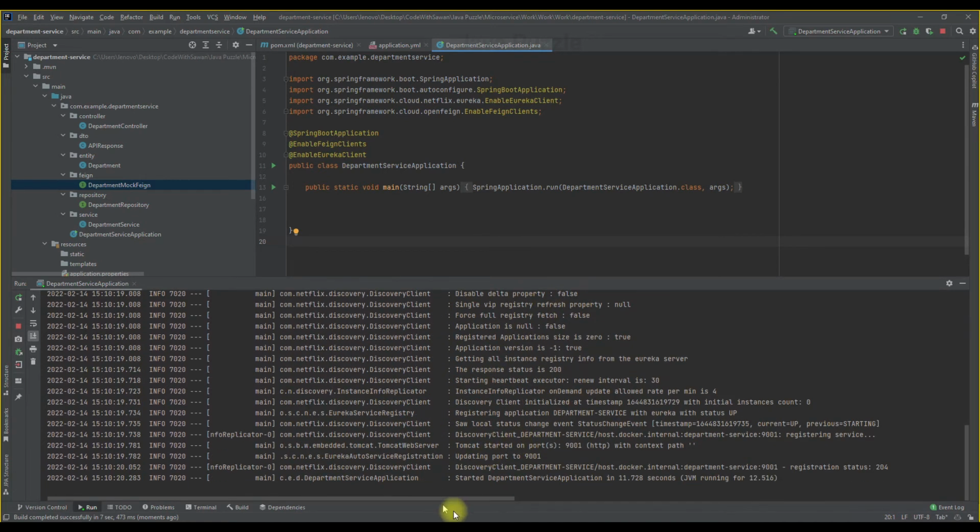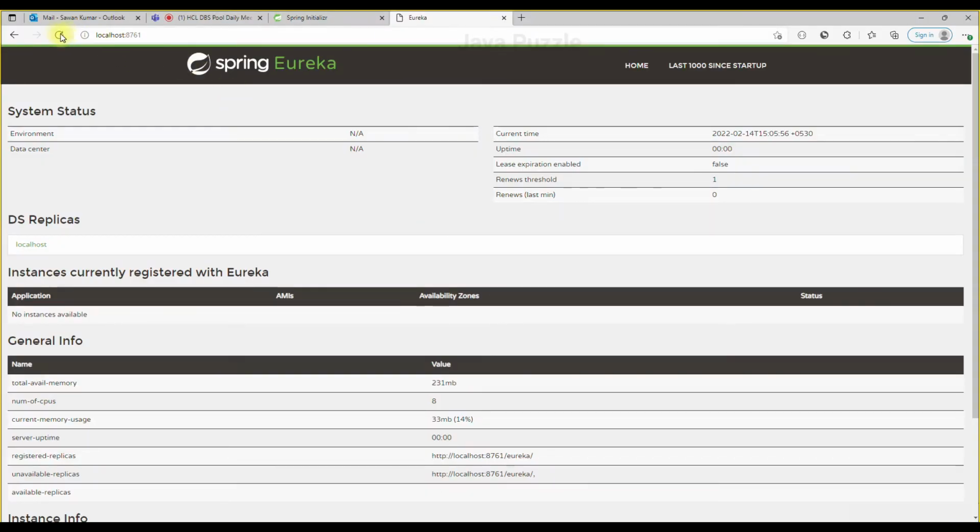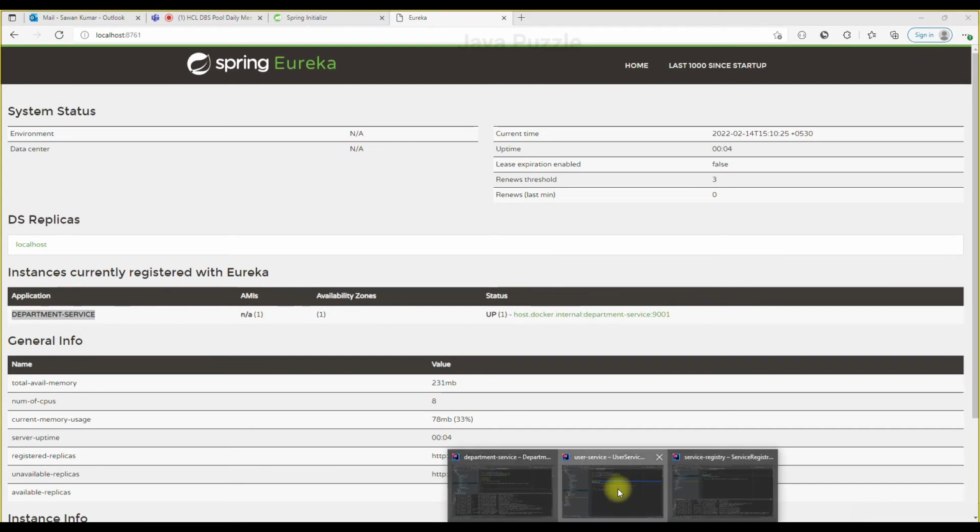So it's running, and when I refresh this, you will see the department service registered with the Eureka. Okay, let me run the user service also.